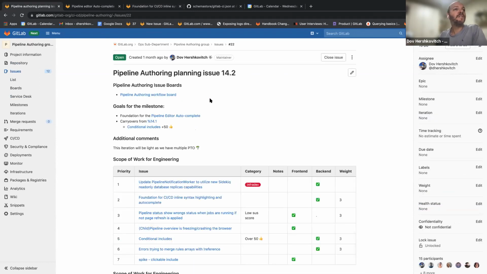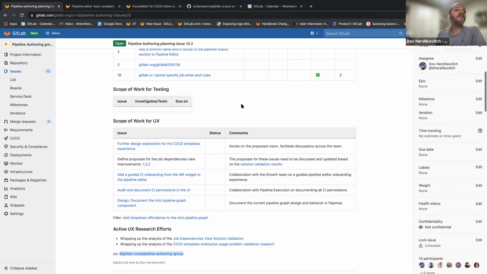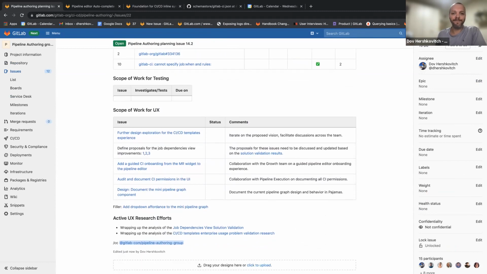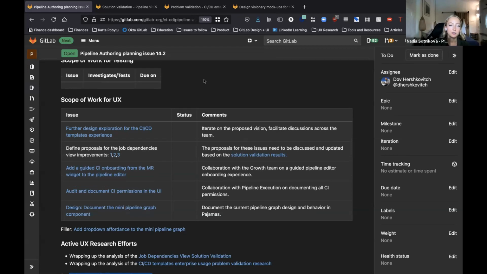As I promised, I liked iteration. I'm going to pass it over to Nadia, where she can speak about the scope of work for UX. Yeah, let me share my screen. Okay, so 14.2 is going to be a very exciting milestone for UX, I think, because we've spent the past